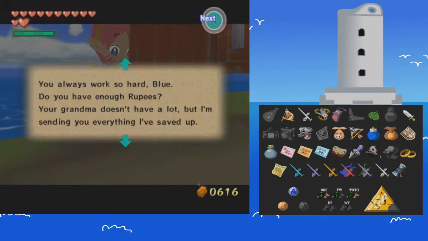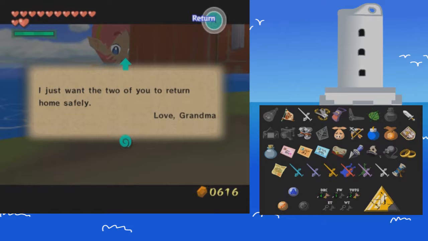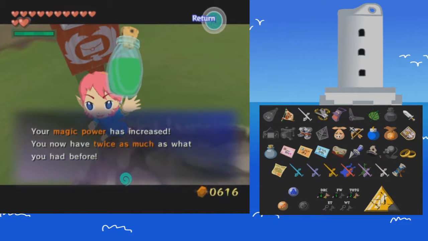Your grandma doesn't have a lot, but I'm sending you everything I saved up. Does that include that 100 rupees that you were supposed to have under your house, but turned out to be a Triforce piece? Yeah, I already found your savings, Granny. Sorry. As long as I have you and Ariel, I don't need anything else. I just want the two of you to return home safely. Love, Granny. Granny,